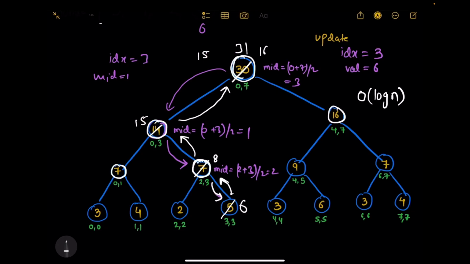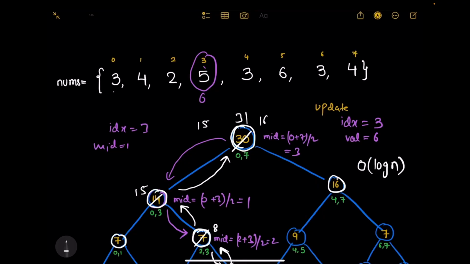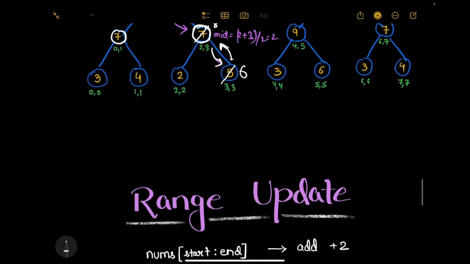तो आप हर एक इंडेक्स में जा जाके उसकी वैल्यू को अपडेट करोगे तो उसमें प्रॉब्लम क्या होगी, हर एक अपडेट में लॉग टाइम लगता है और इस रेंज में कितने एलिमेंट हो जाएंगे, एंड माइनस स्टार्ट +1 इतने नंबर ऑफ एलिमेंट्स हो जाएंगे और वर्स्ट केस में वो n एलिमेंट्स होंगे। ठीक है, वर्स्ट केस में ऐसा भी हो सकता है ना, वो बोलेगा कि भाई सारे एलिमेंट्स 0 से लेकर 7 तक के सारे एलिमेंट्स में आप +2 कर दो या सबकी वैल्यू को अपडेट कर दो। तो हर एक इंडेक्स को अपडेट करने में लॉग टाइम लगता है और सारे इंडेक्स को अपडेट करने में कितना टाइम लगेगा, n log n लग जाएगा। ठीक है, तो ये काफी महंगा ऑपरेशन है n log n, है ना। हम देखते हैं कि इसको फर्दर कैसे अपडेट किया जा सकता है ना। ठीक है, तो प्रॉब्लम तो समझते हैं कि क्या प्रॉब्लम है। तो अब देखते हैं